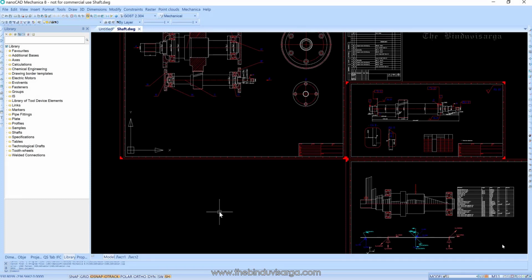So this is the interface of nanoCAD Mechanica. As you can see on the left-hand side, you have the library from where you can take the standard parts and put them into the workspace of nanoCAD Mechanica to create any part drawing or assemblies, and based on those parts or assemblies you can create different types of documentation and related BOQs and other things, right? And in the menu sections you have mechanical